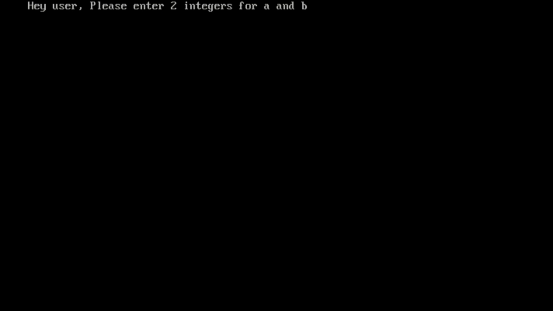So now type the first number that you want to be in A, that is 5. So now it's time to enter the second number. For that you can use the space bar and type the second number, which will give you the sum of two numbers, or you can type the first number and press the enter button and give the second number.